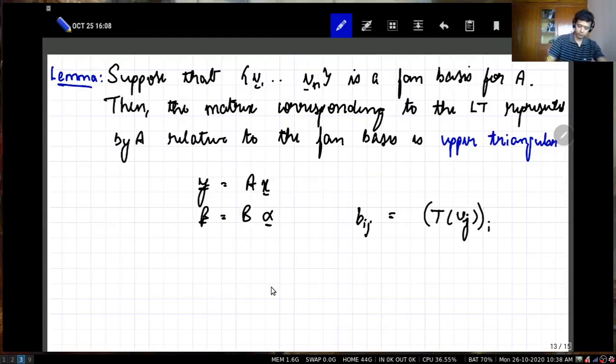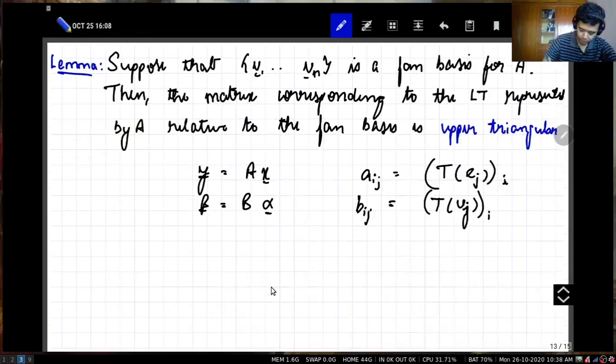Similarly, aij is the transformation of ej and the ith coordinate. Okay, so now if you look at this,